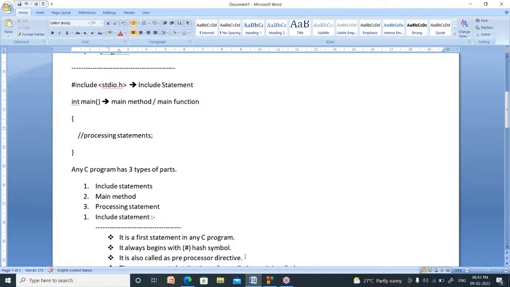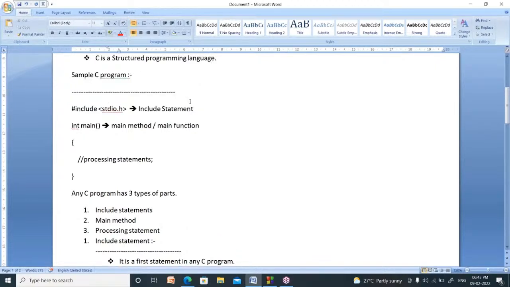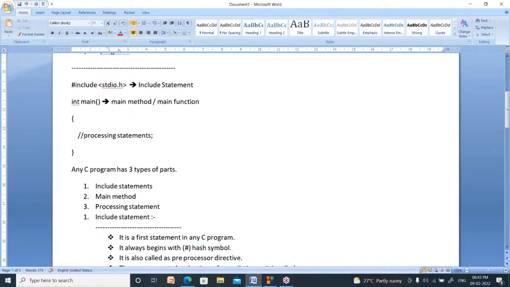Learning the C program means not learning the programs. Learning the C program means learning the basics of C, learning all the concepts of C. That is the learning of C program. It's so fast, I will tell you slowly.